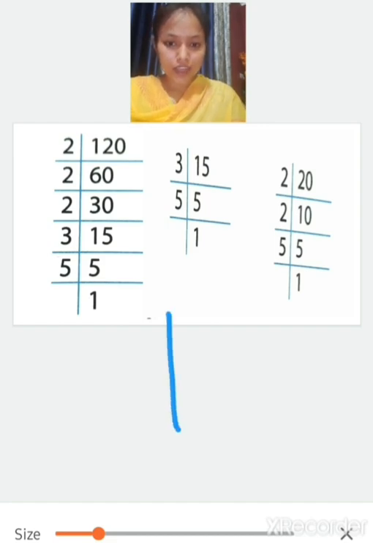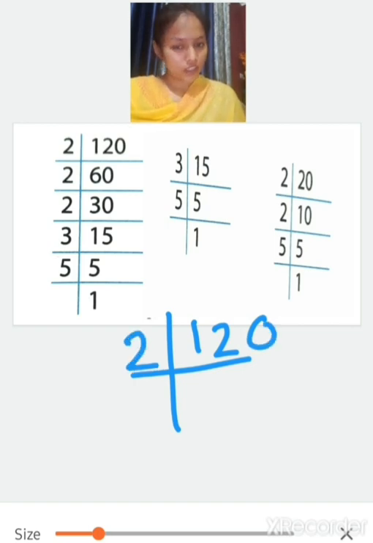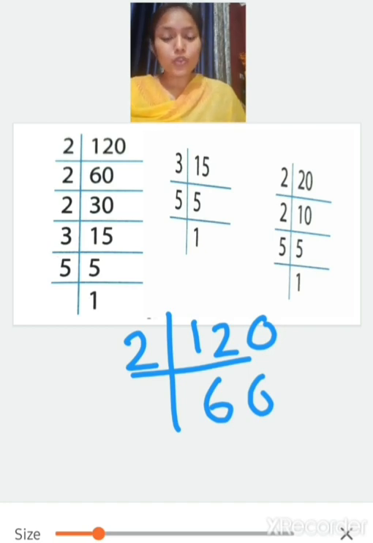So as you can see, I'll do it here. 120 divided by 2. So how much will it be? 2 6 is 12 and 2 0 is 0. It is like the same division, but in this case you don't have to write the lower number, as I'll show you.